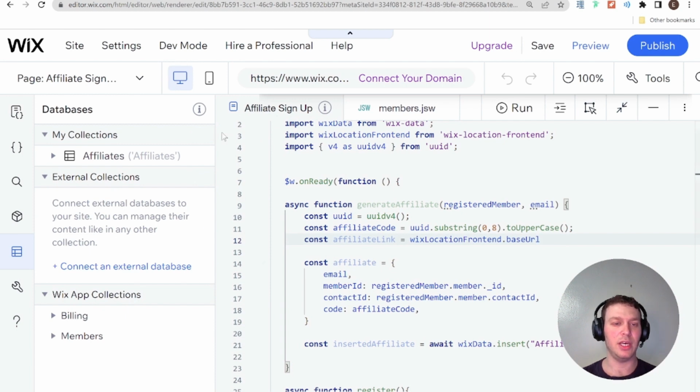So it won't have, if this page is the affiliate sign up page, it'll have the domain, but it won't have that kind of path of affiliate sign up page. And what we're going to add after that is a media query. A media query is a way to basically append information to a URL that won't directly influence where